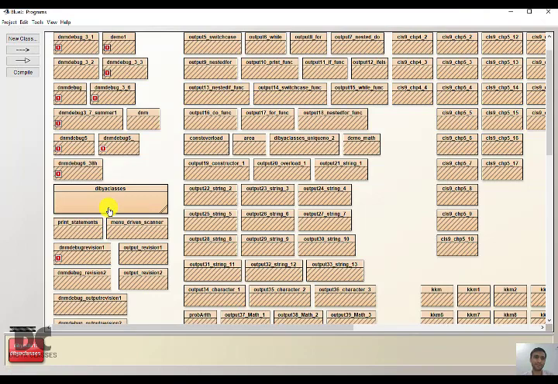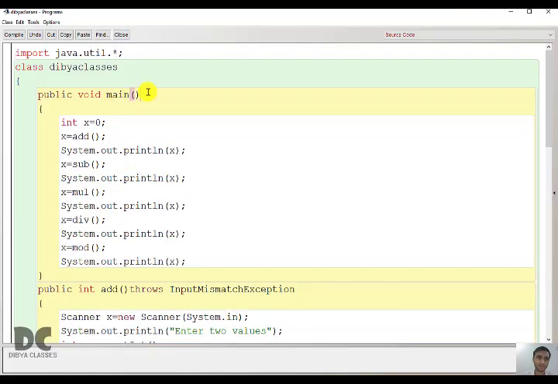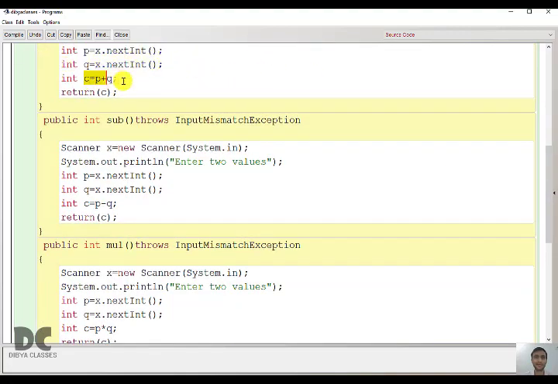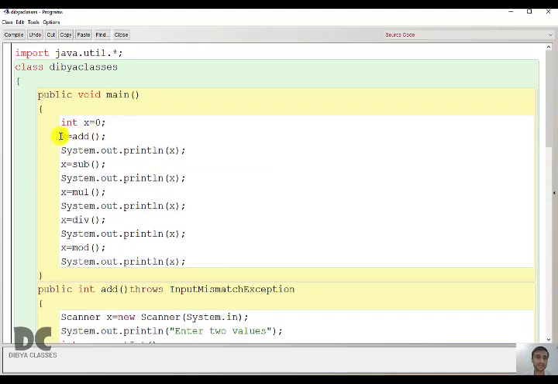Okay, so here actually what happened? You call the main function, the main function doesn't have any value, it just called add. Add directly asked the client to enter the values. It was stored in P and Q, it was added and stored in C, and the value was returned to whom? To the CEO, which was stored in x, and then we printed the value x. Similarly, we called sub, got the answer back, printed it. Called mul, mul called the client, got the answer, multiplied it, returned back to the CEO, and the CEO printed it. And similarly for division and modulo division. So this is an example of call by no value with return.